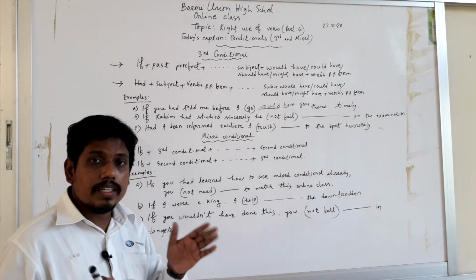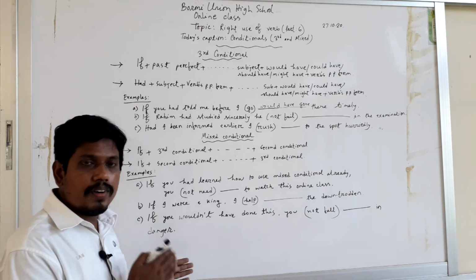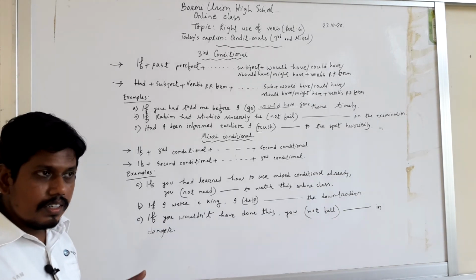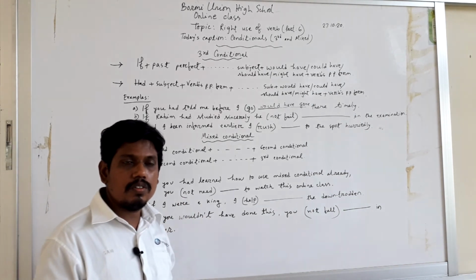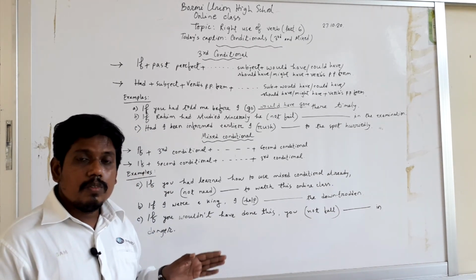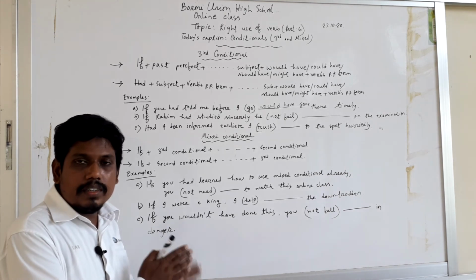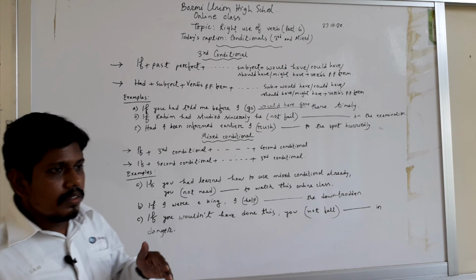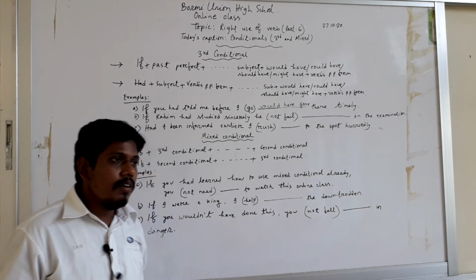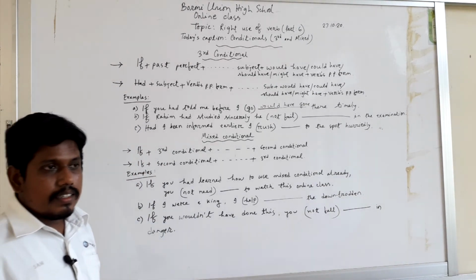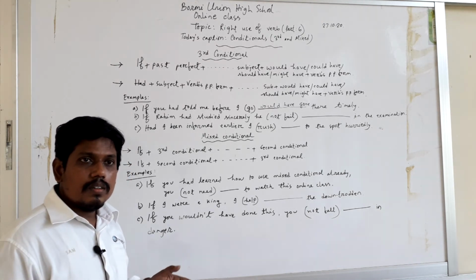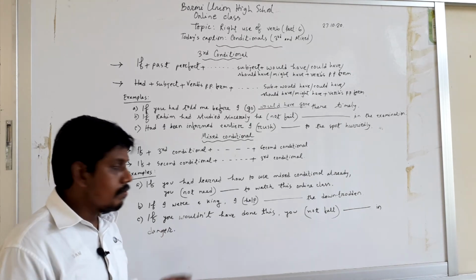So, what is mixed conditional? Mixed conditional is the mixture of two types of conditionals. If you find third conditional at first, then you have to write second conditional in the last part. And if you find second conditional in the first part, then you will write third conditional in the last part. And you have to remember that mixed conditional is the incidence of two stories in the past, happening in the past. And this is unreal conditional. This is one type of unreal conditional. You have to memorize that there are two types of stories will be held in the past. For example,